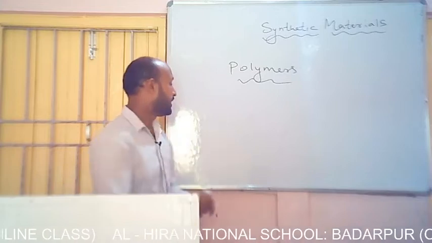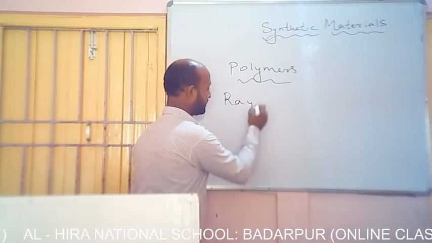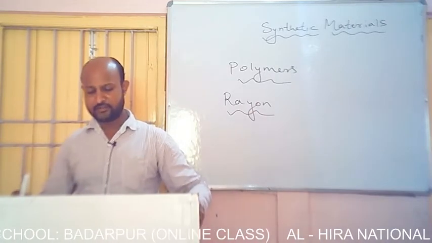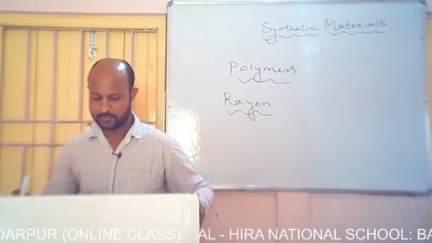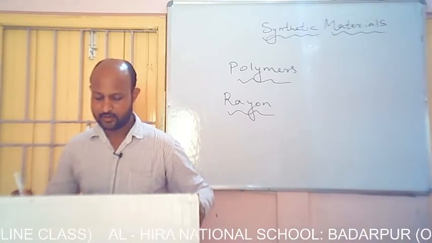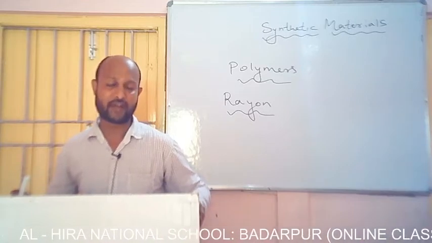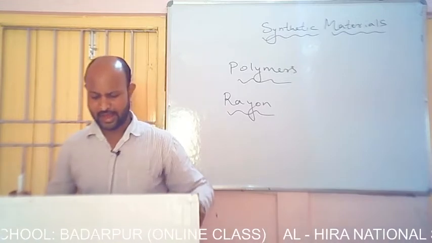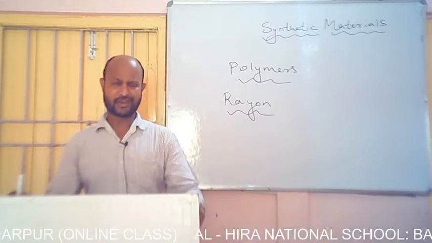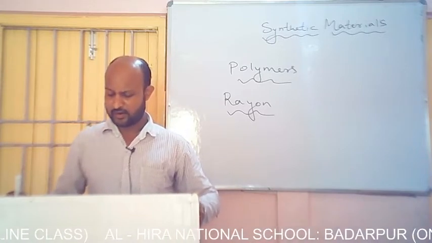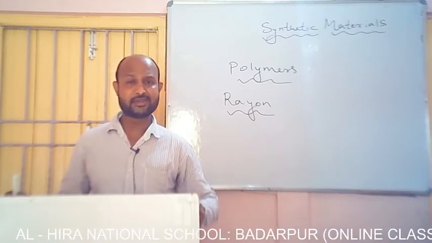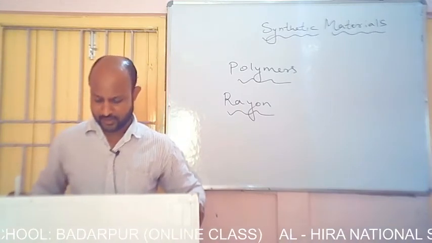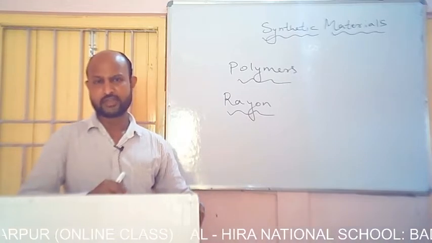Let us learn about the semi-synthetic fiber known as rayons. These semi-synthetic fibers are mostly categorized into three different varieties as viscose, cuprammonium, shortly we can call cupro, and acetate rayons. Viscose rayons are those rayons which are formed out of cellulose. When cellulose is dissolved in a mixture of sodium hydroxide and carbon disulfide, a viscose liquid is formed, and this